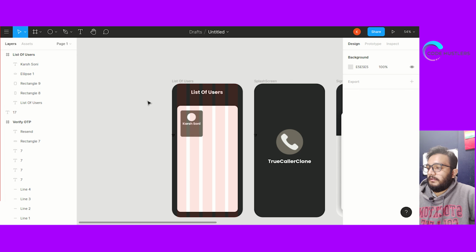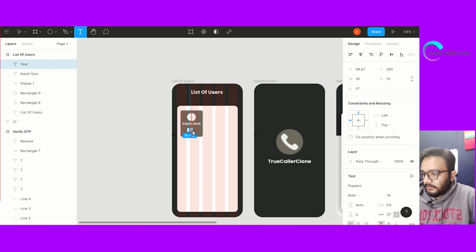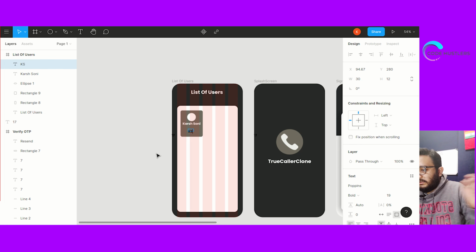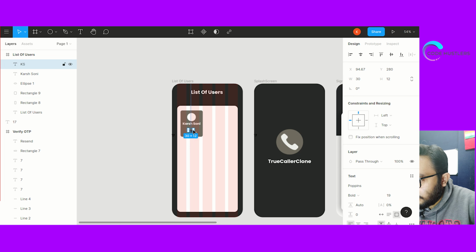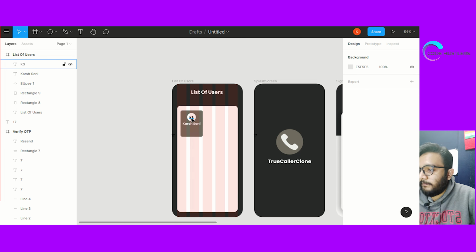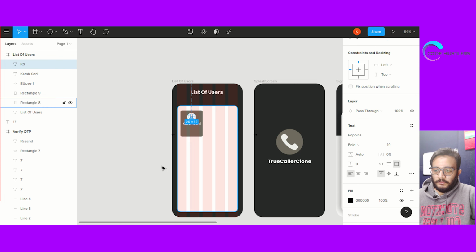And in this, we'll take a small text, and we'll just use initials of my name. Give it a color.